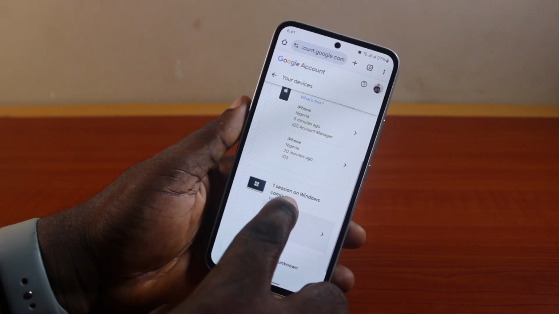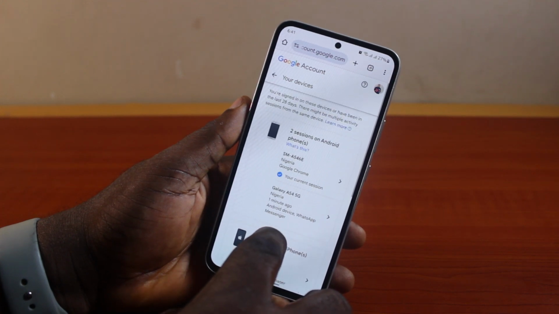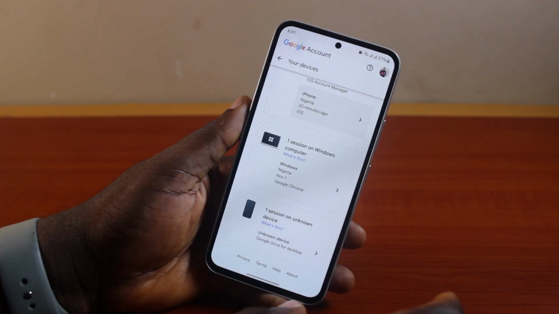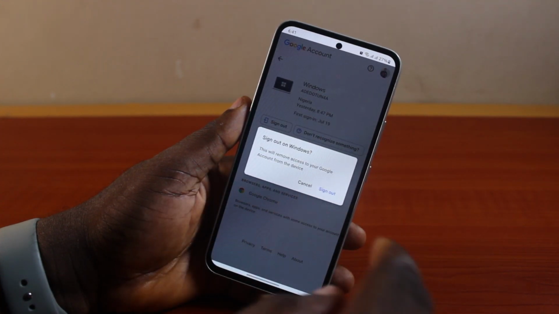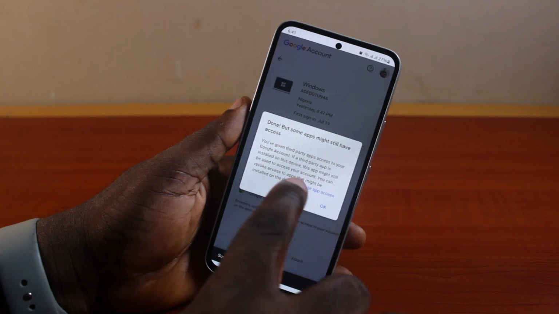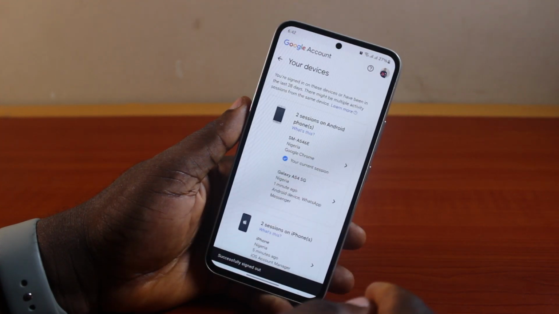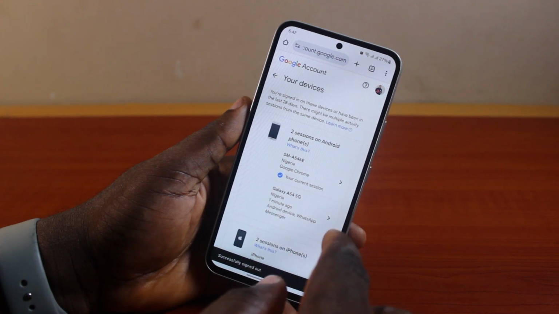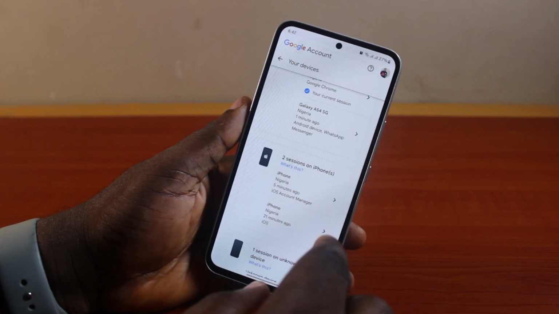Then locate the device you do not know here or you no longer have access to or use here and then remove it. To do this, all you need to do is click on the name of the device, click on sign out, and then you should see sign out of the name of the device here, then click on sign out. Then you should see done, but some apps might still have access, click on OK. Then you'll be signed out of this application. Then again, repeat this on all other devices you want to remove from your Google account, and once that is done,